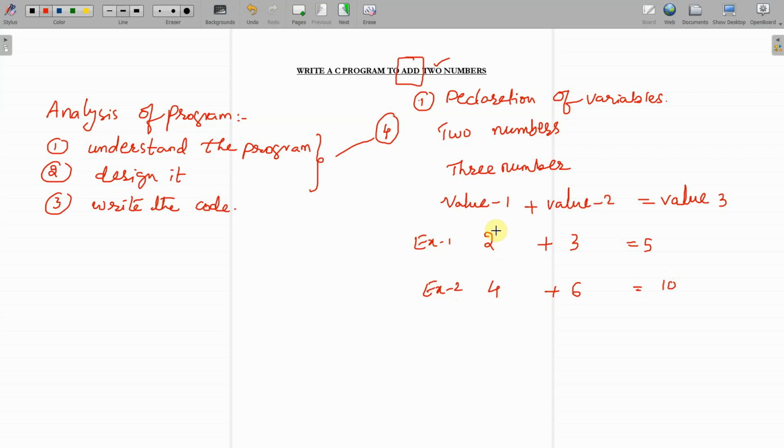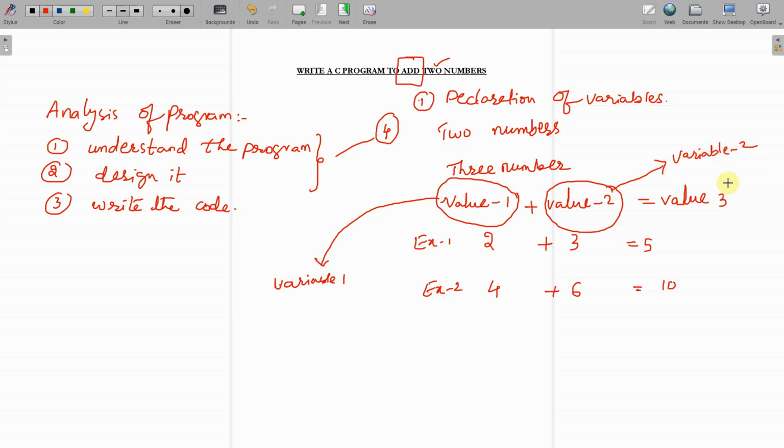Now you have to understand that for storing value 1 we require variable 1, and for storing value number 2 we require variable number 2. After adding we will be getting the third value, and for storing this third value we require variable number 3.